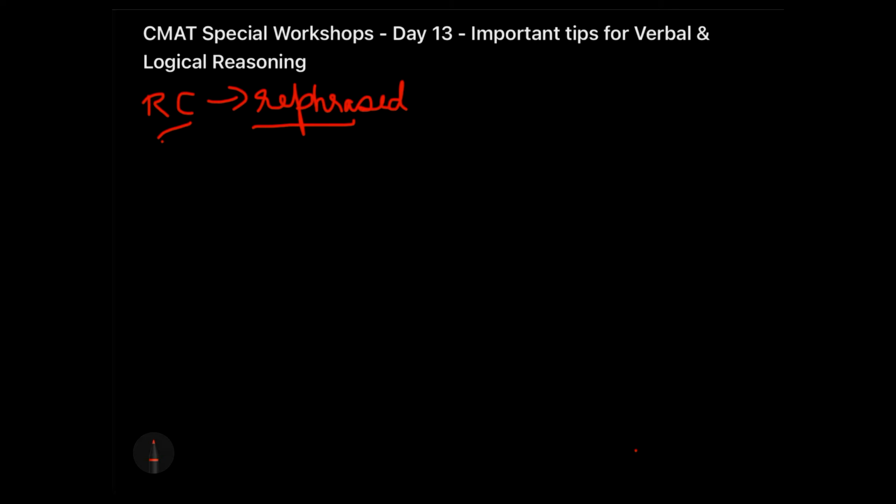So for doing these well, what you need to do is first use the keywords to spot the sentence in the passage, and then use your rephrasing skills to find out which option is basically the option they are talking about. So that was about RC, and we have discussed it in detail using an example of a CMAT PYQ only. So please go and check out part 2 of the verbal workshop on CMAT.